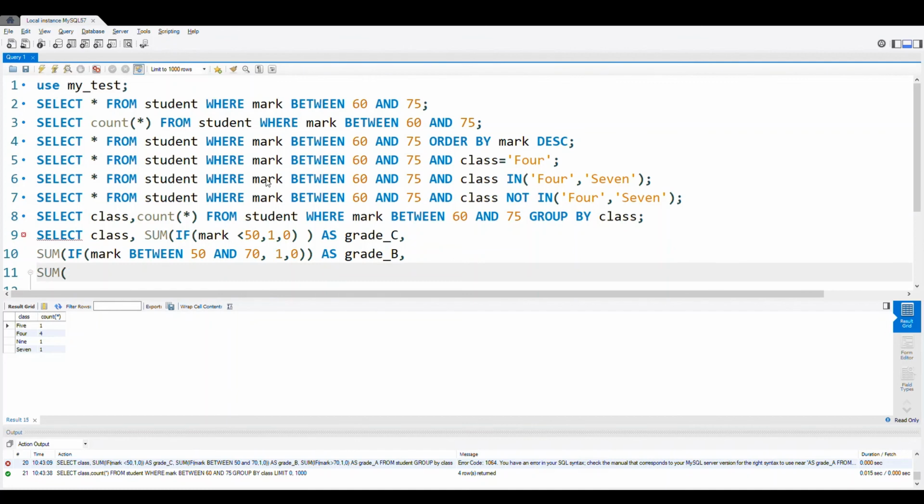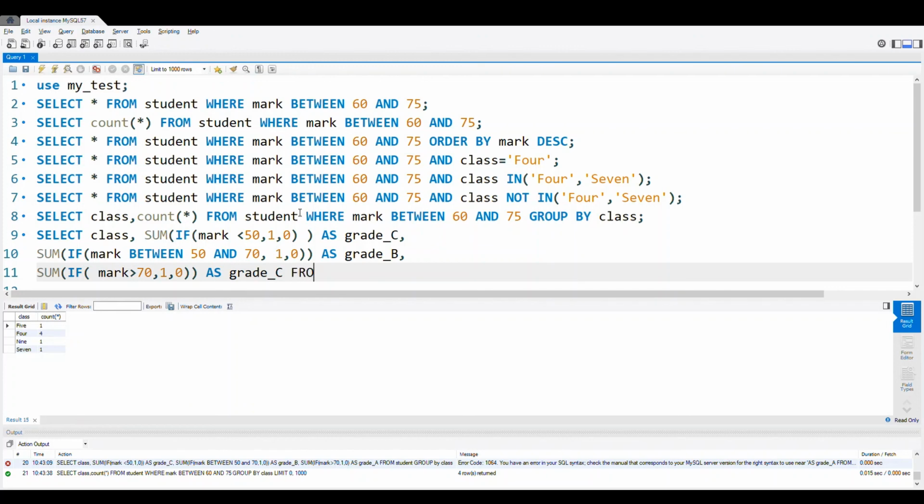Sum if mark is greater than 70, then 1, then 0, as grade C. Now grading is over.